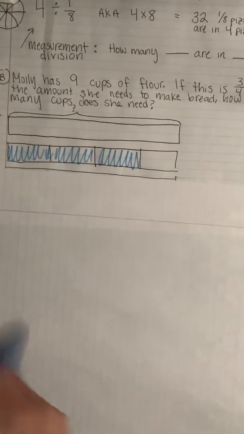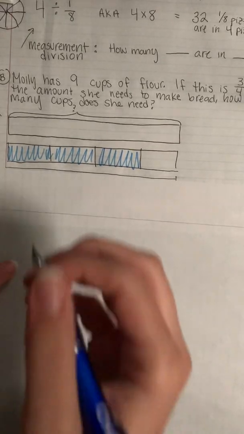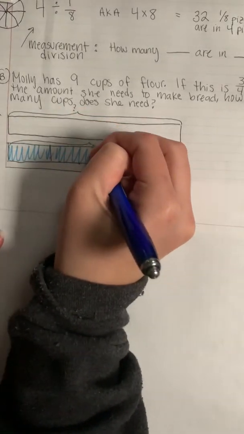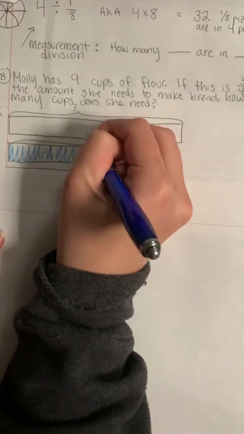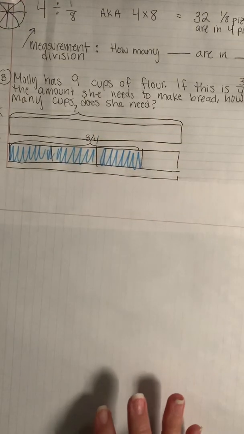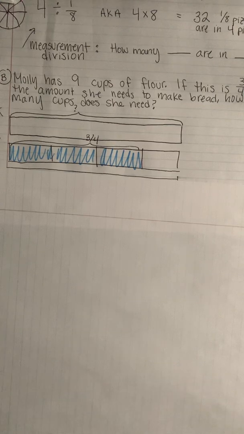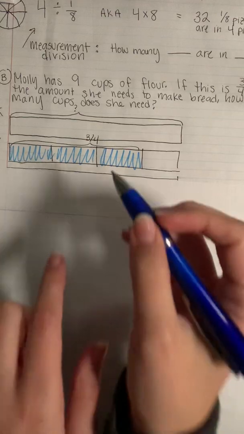Okay, but I still don't know how many she has total. This represents 3/4. And I can look at my shaded region to know that 9 is equal to 3/4 of the total,